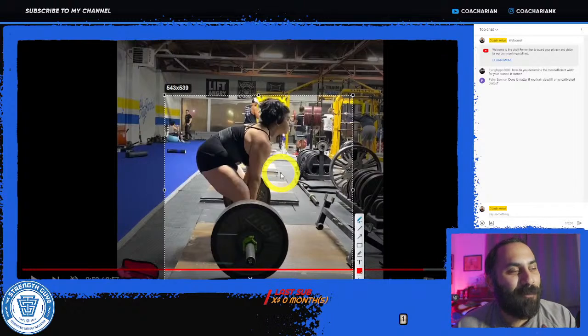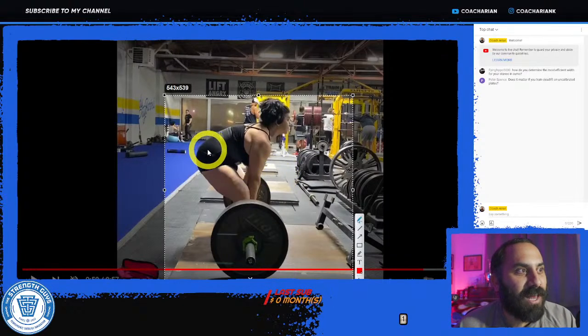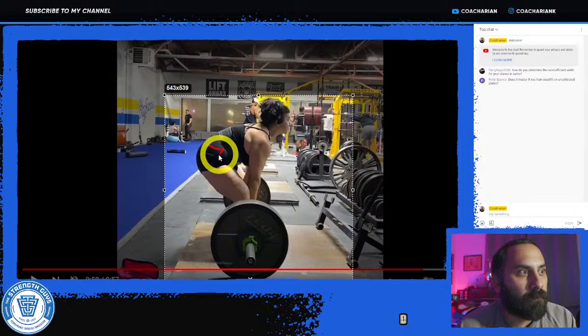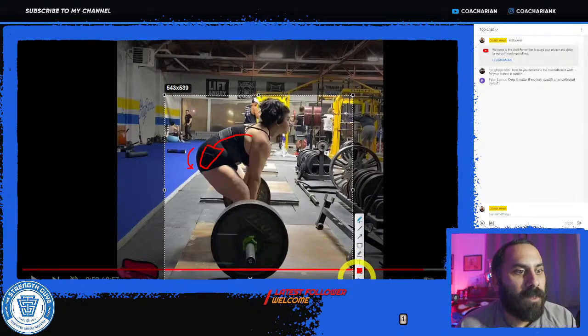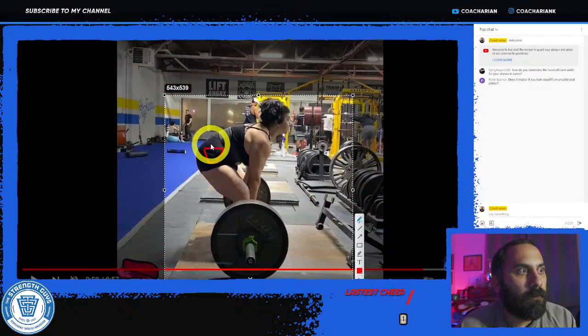So one of the issues people have when you go to a wider stance is that their hips, and I'm not an artist here, will kind of tuck under them like that, and that'll also cause the spine to tuck under them too. So instead of looking like that, their spine will start rounding like that, and also their hips will tuck under them as well.